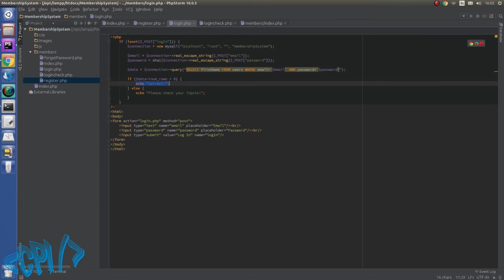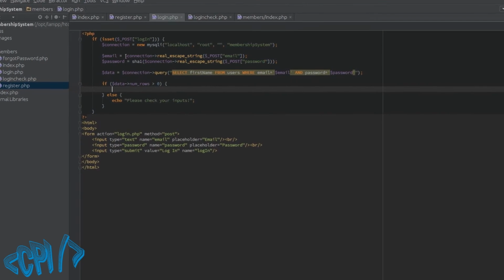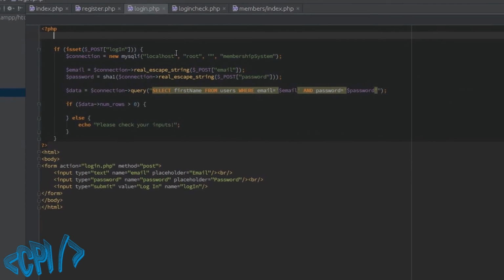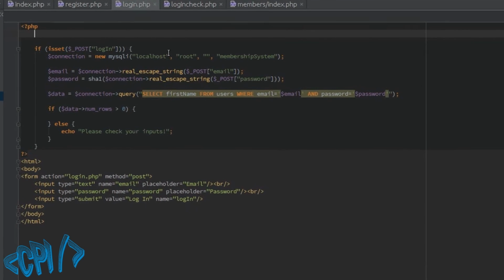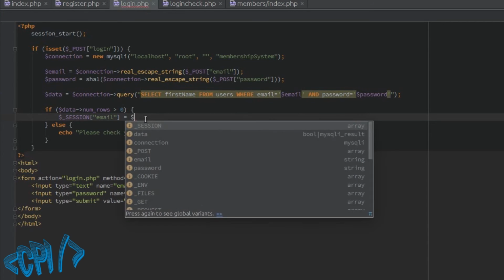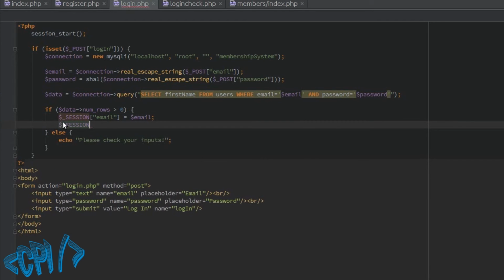Okay, so now that we know how to check if the data is correct, we need to remember our user as logged in. So the first thing we need to do is, at the beginning of this file, put session start. And here we are going to save some sessions. So let's say session email equal email, and let's say session logged in